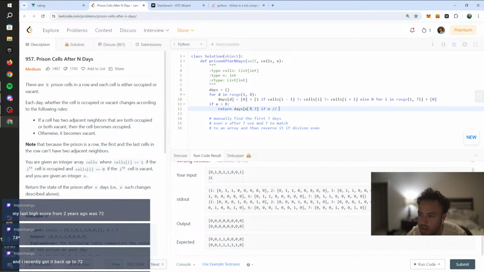divided by 7 mod 2 is equal to 0, else so we want to reverse it if, or maybe if the day is even. No. Reverse it if